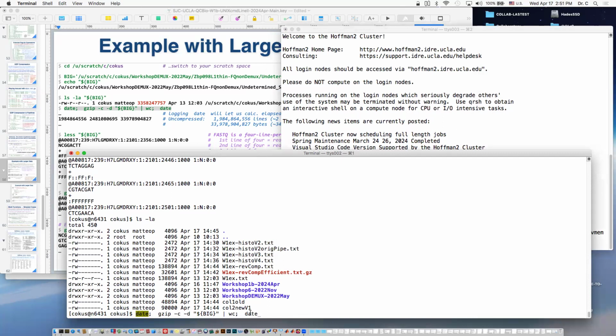We're going to do date on both ends because this is going to take a while. We'd like to know how long it took. And then we're going to gzip -cd it and pipe it to wc. So wc,